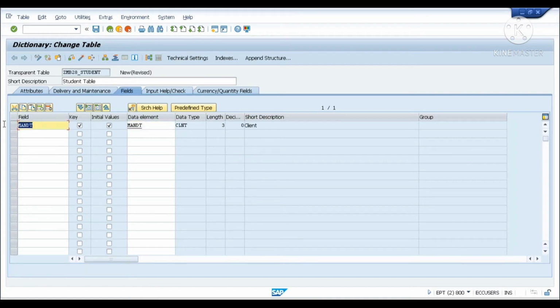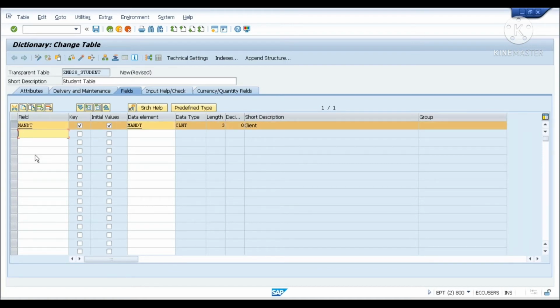Whatever field you define, you have to tell the system what kind of data it is going to store. So I have given the data element MANDT over here, and you can see that from the data element, it has taken the information that its data type is client and length is 3. Just forget this for now.